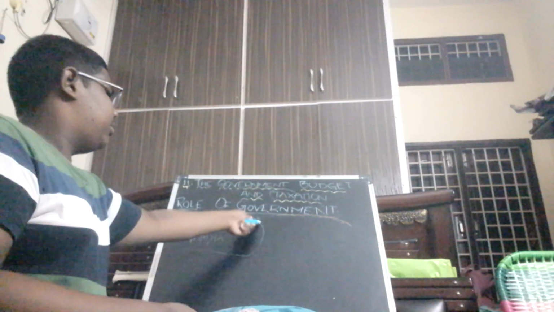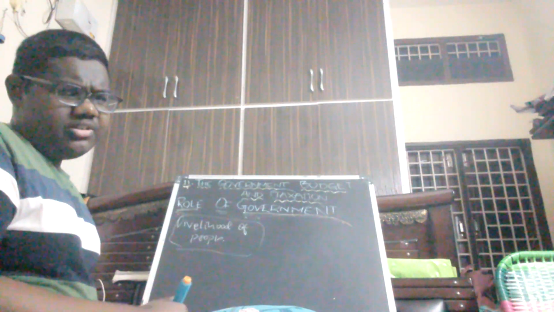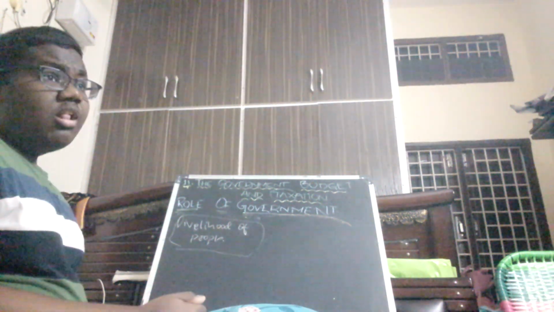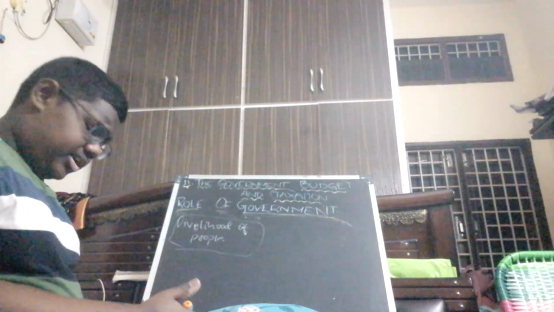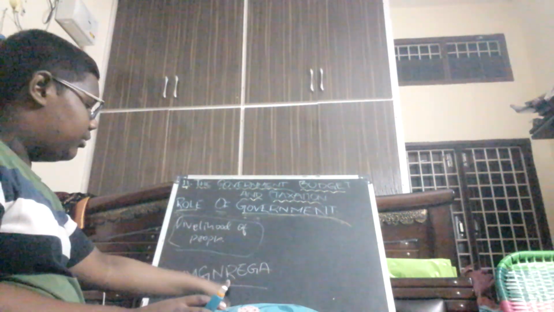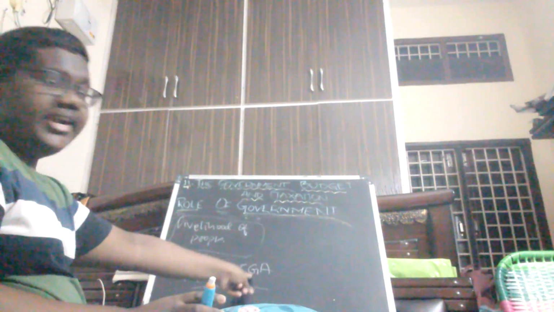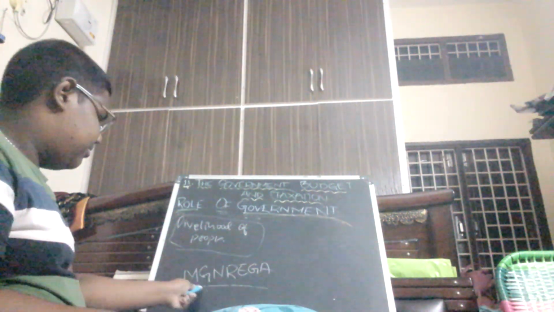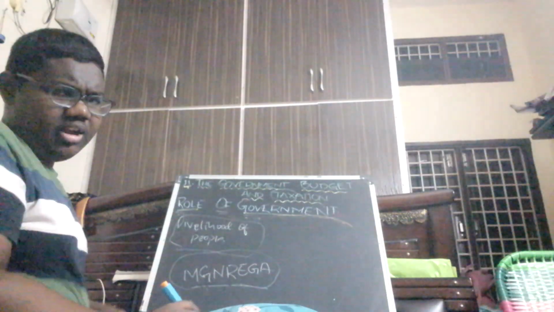So the right to life, we have discussed in our 8th standard. Already our teachers might have told. So the right to life, and MGNREGA. Just remember it, G. Mahatma Gandhi National Rural Employment Guarantee Act. If they ask, remember, it will be in our textbook.